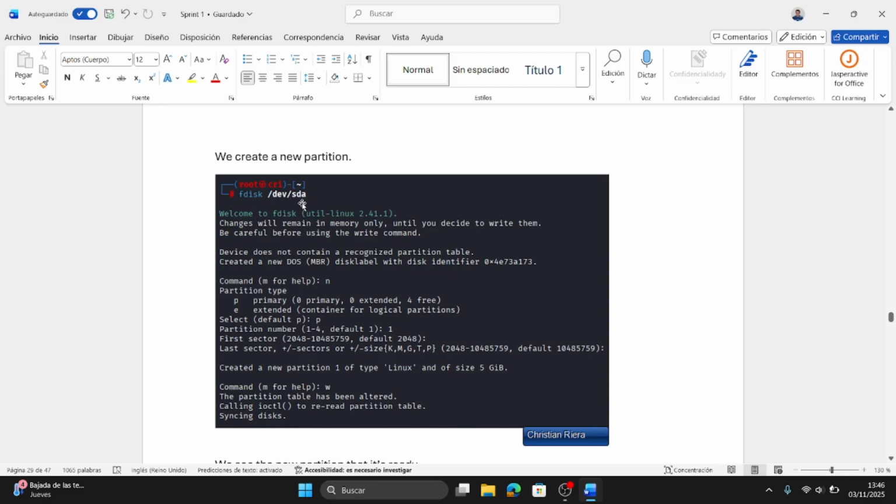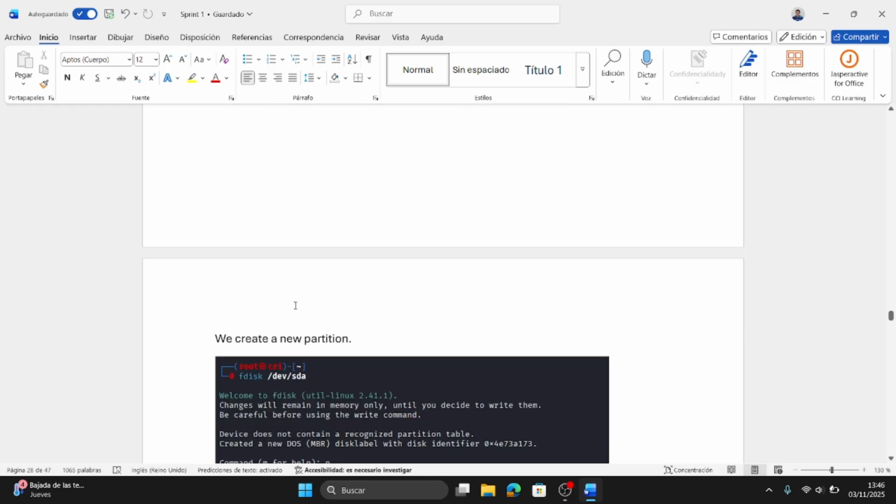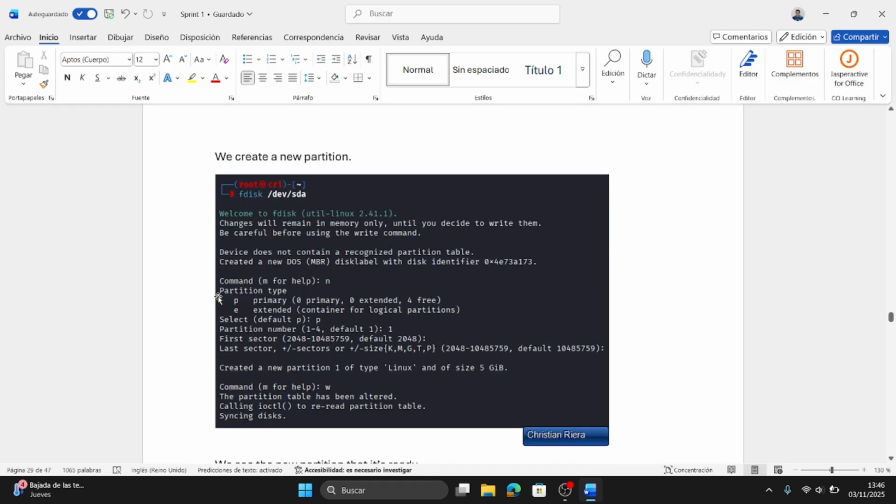Okay, we create a new partition with this name, that is the name that we saw previously, the disk /dev/sda. We create the new partition and we put the partition number that is going to be the first, so we put 1.